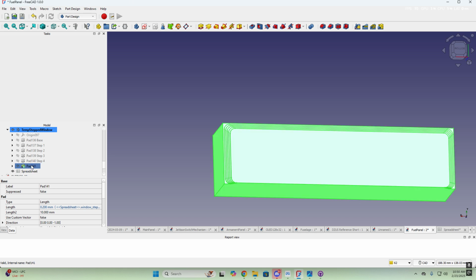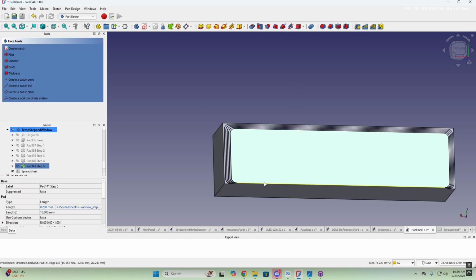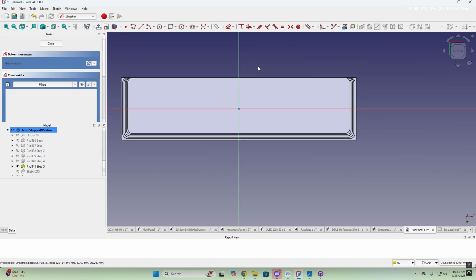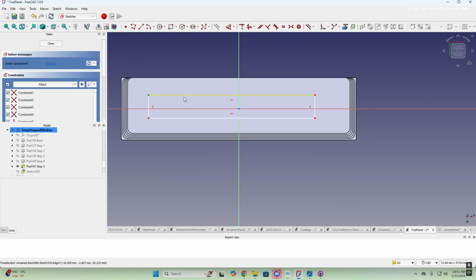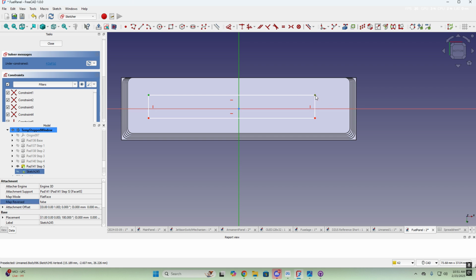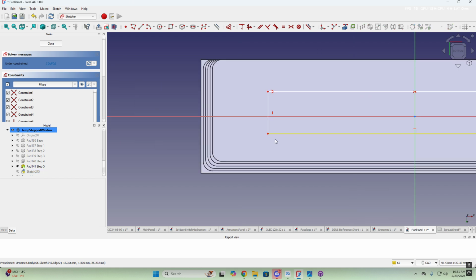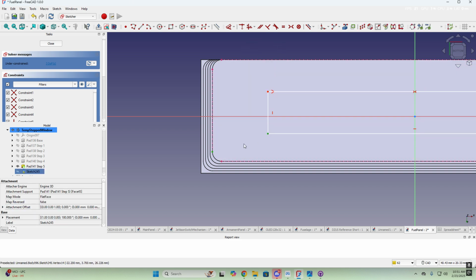So I'm going to hit rename, that's F2. Step 5. Select the top surface, sketch, a rectangle, symmetry, bring in external geometry, this, and this edge. Okay, select this point, horizontal constraint,